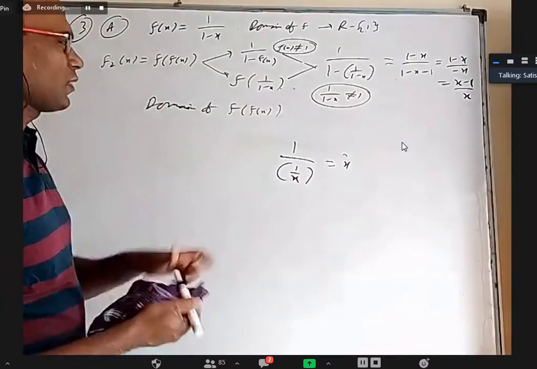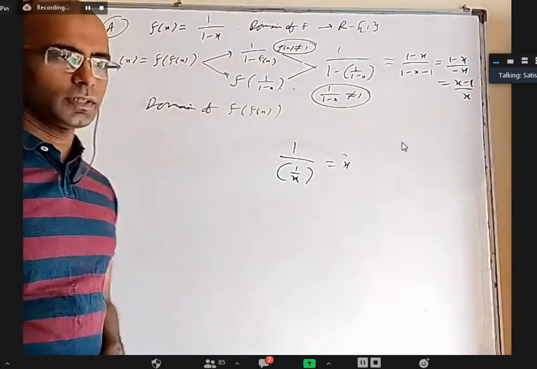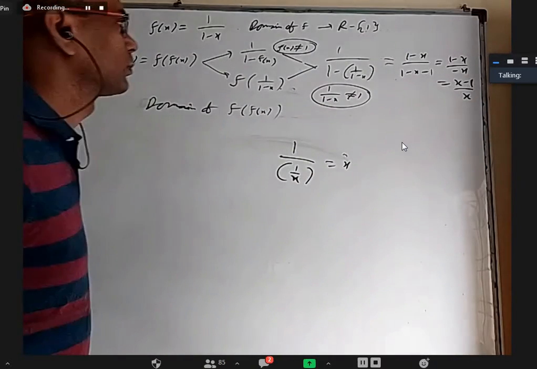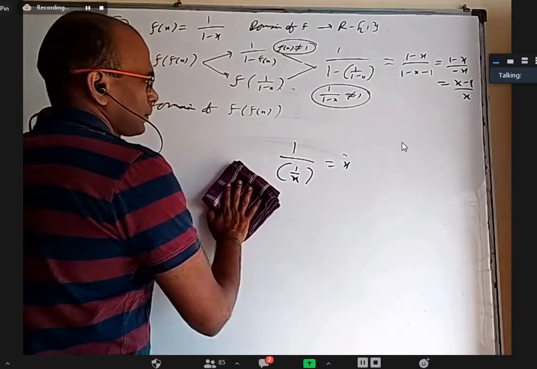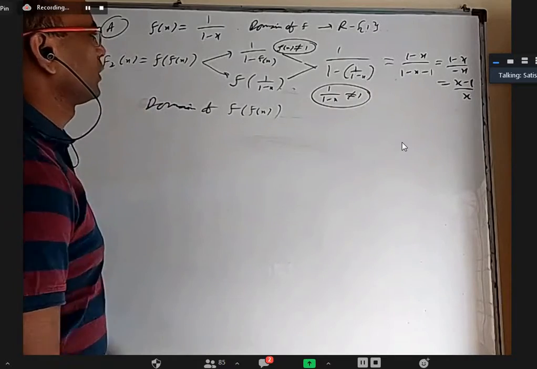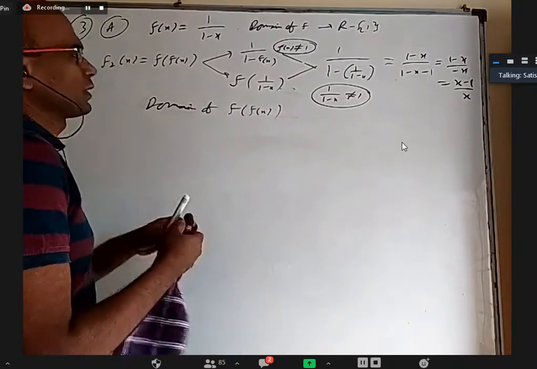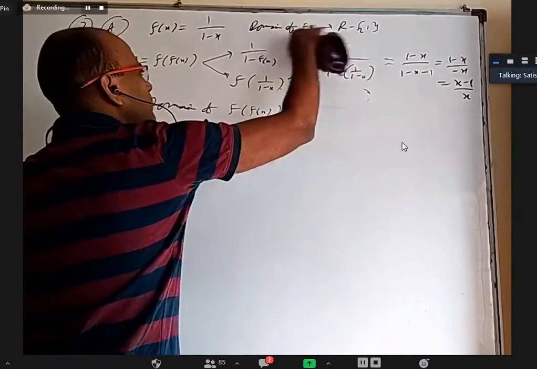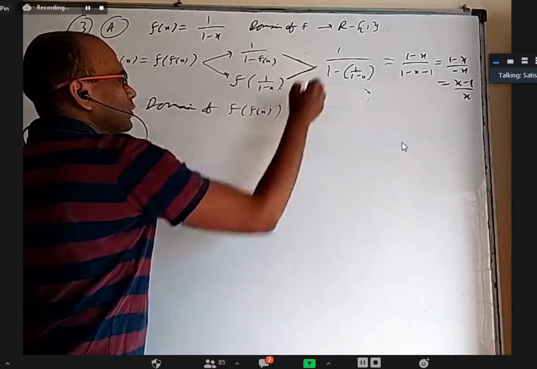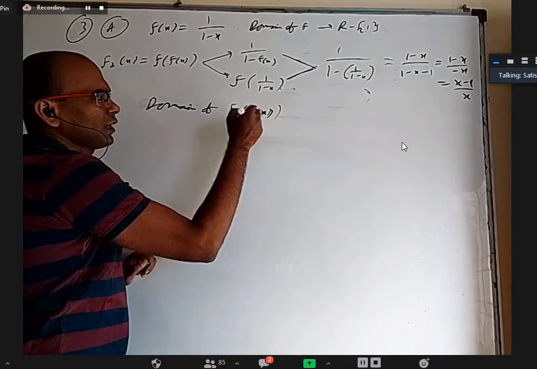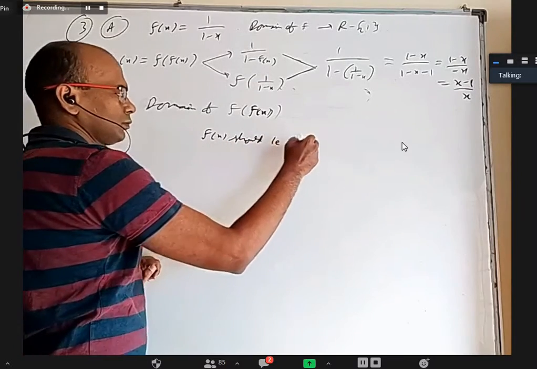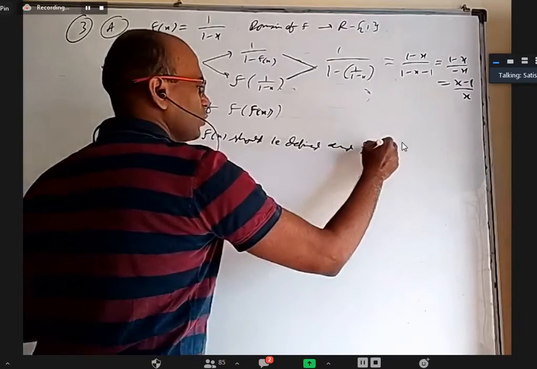If the inner f of x is not defined, how can that f of f of x be defined? f of x is already not defined at 1. Okay. So it is an important point. So where we are missing is that this is the second part, but f of x should be defined first of all. We can talk about this or this, but for that first of all f of x should be defined. All right. So if you want to find the domain of f2 of x, f of x should be defined and f of f of x both should be defined.